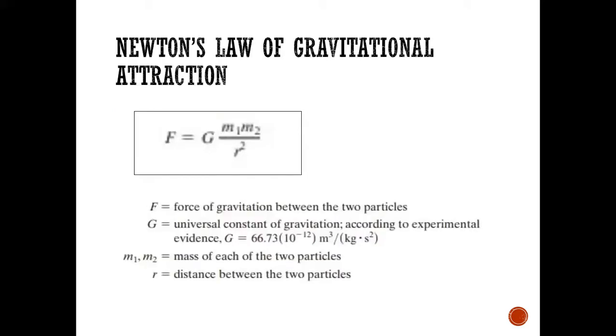opposite, and collinear. There is also Newton's law of gravitational attraction, and the formula is F equals G m1 m2 over r squared. F is the force of gravitation between the two particles, G is the universal constant of gravitation, and according to the experimental evidence, G is 66.73 times 10 to the power of negative 12 meter cubed per kg second squared. And m1, m2 are the masses of each of the two particles, while r is the distance between